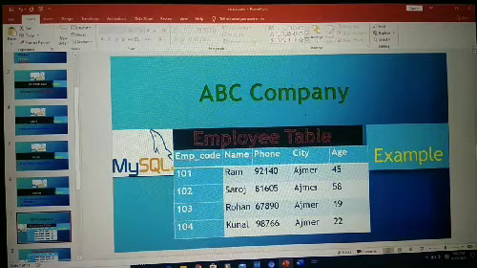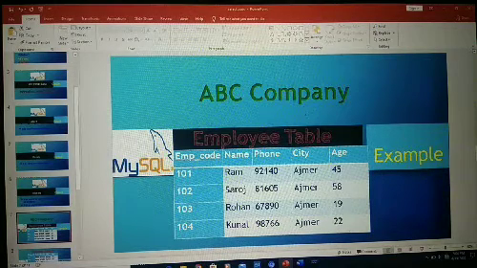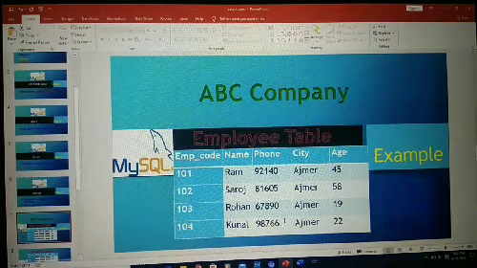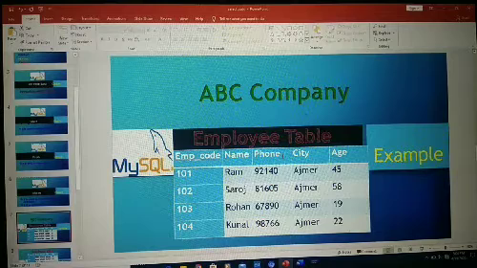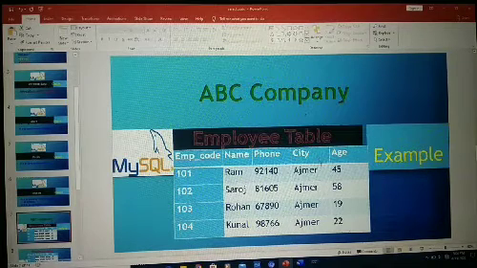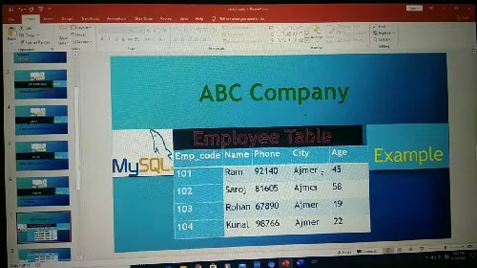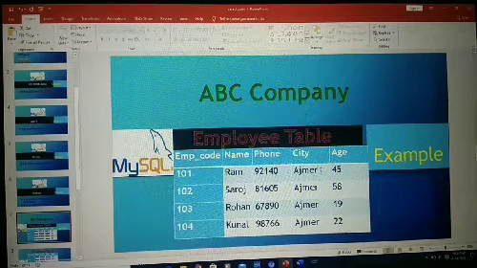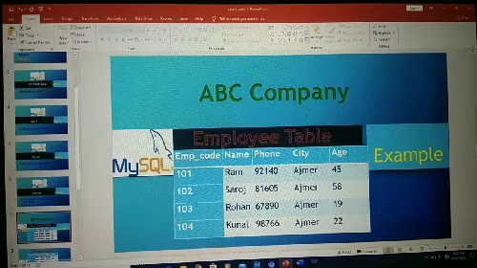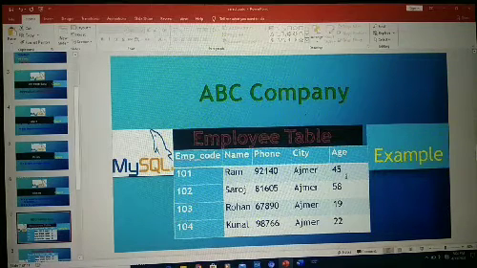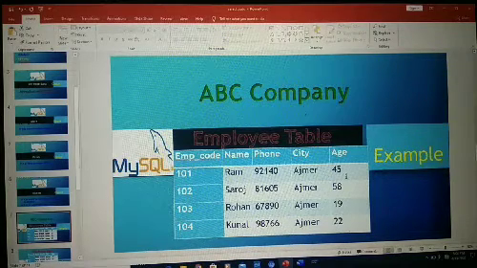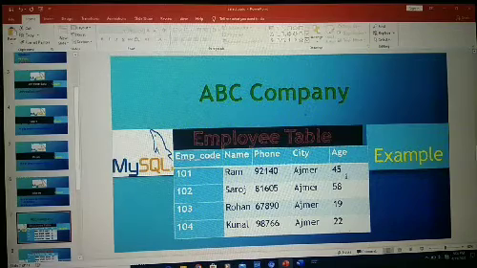Name data type will be varchar. Phone contains only numerical value, so we will take data type integer. City data type will be varchar because it contains only varchar value. And age contains numerical value, so we will take which data type? We will take integer. Is it clear?